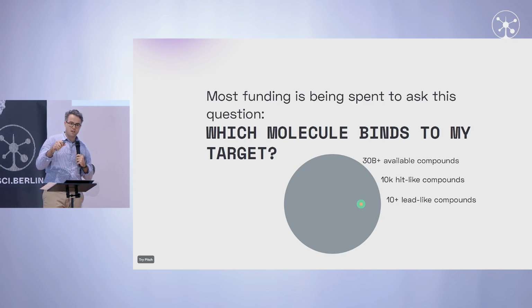So the primary question that a lot of these currently funded IP NFT projects have, and what a lot of the money is being spent on, is which molecule binds to that target. The scientists applied for funding, they had a particular target in mind, they'd already done years of work to find a target, and they now want to use the funding from VitaDAO and other BioDAOs to actually go and find a drug that hits that target. Most of the money is being spent to answer that question, and the space is massive, right? You have 30 billion small molecules that you can choose from, for example, and you really need to narrow it down really quickly to get to about 10 lead-like molecules that you might want to follow up.